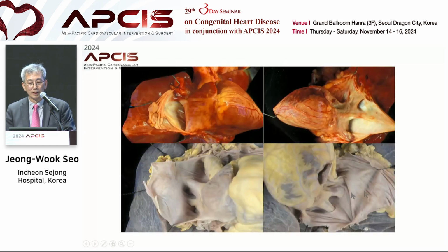As you can see from the right side and left side of the heart, we can see the superior vena cava draining to the right atrium and the inferior vena cava draining to the right atrium. On the left side, we can see the pulmonary veins and the coronary sinus draining, and sometimes draining to a left superior vena cava. And this is the vein of Marshall, or ligament of Marshall, existing between the left appendage and the left upper pulmonary